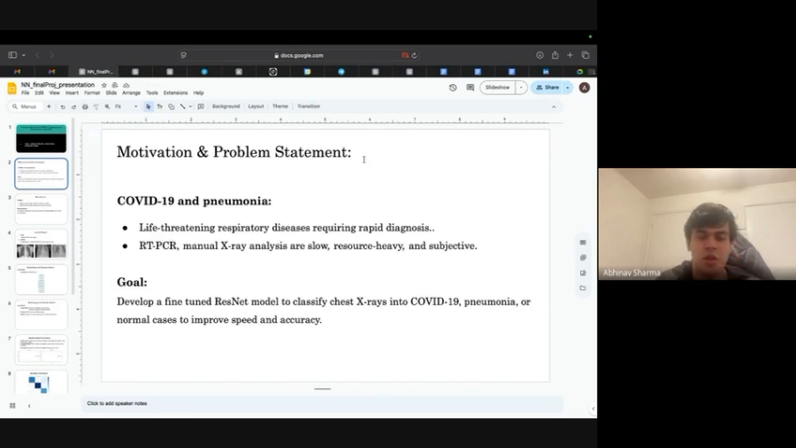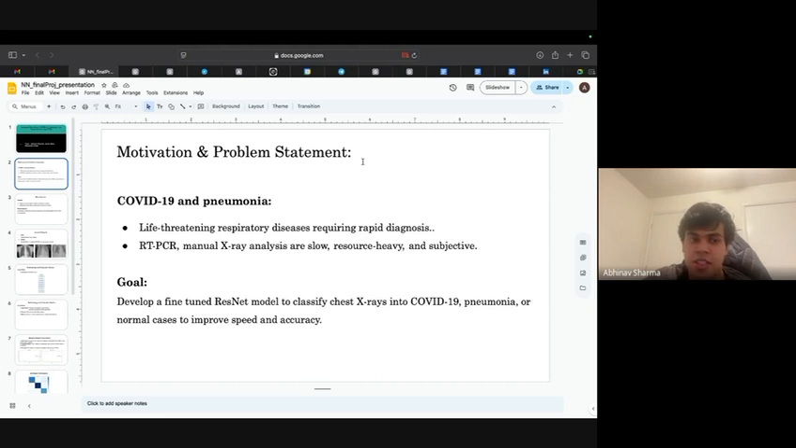The motivation and problem statement for our group project is to automate the detection of COVID-19 and pneumonia by looking at chest X-rays of lungs. If we cannot detect any of those, that means they belong to a patient with normal lungs. And a final goal is to develop a final tuned ResNet model with hyperparameter tuning and transfer learning